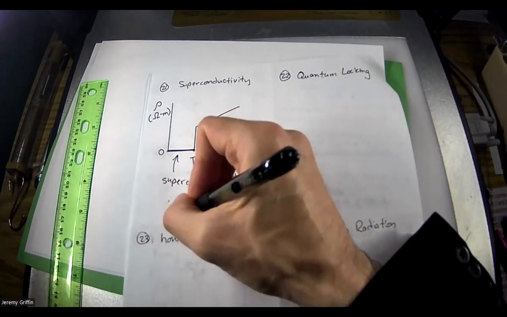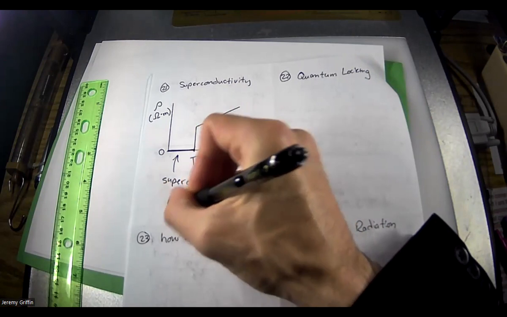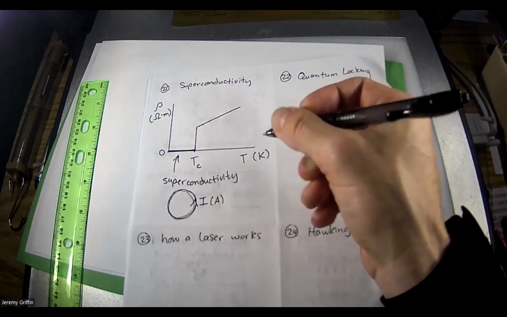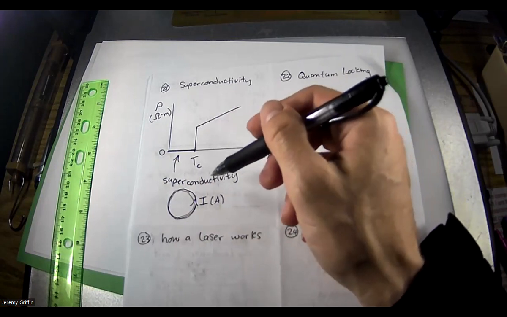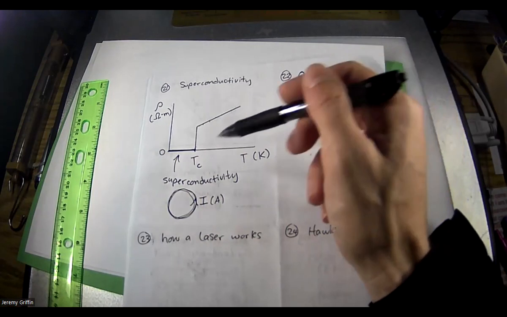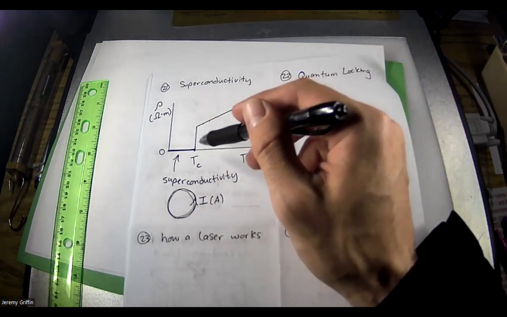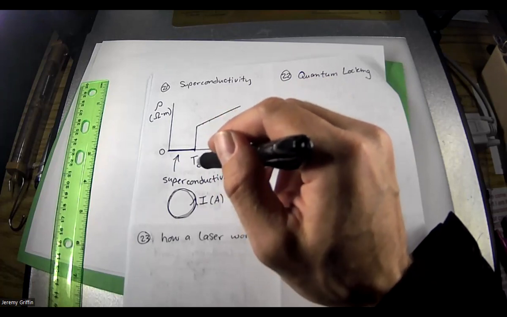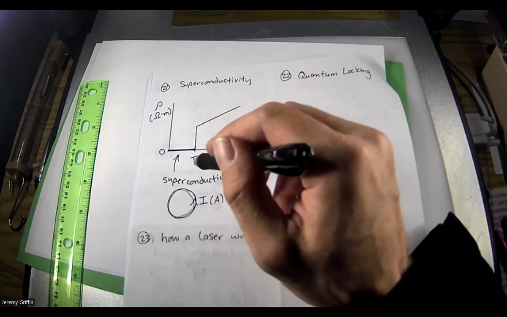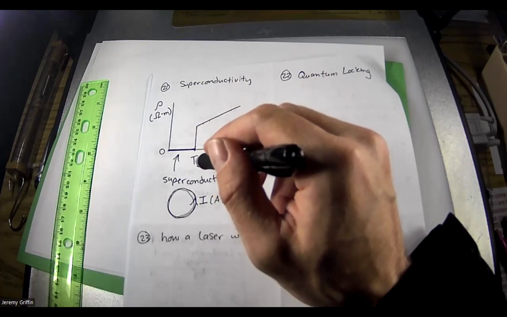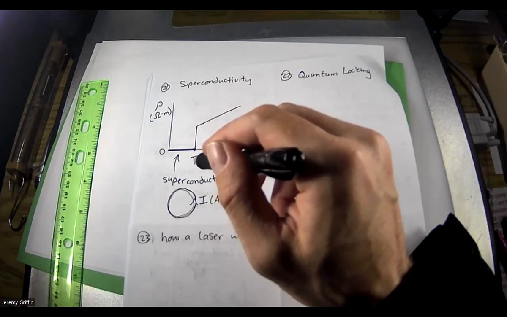You could do something like have a wire in a loop and just run a current around it. I'll call it I for current, maybe some number of amps. And it could effectively store energy like a battery. You can do that indefinitely. Right? You can do a lot of really cool things with superconductors. Now, the tricky thing with superconductors, though, is that this critical temperature is a really low temperature. What temperature are we talking about? Well, it depends on the material, so it's different for different materials. But we're talking about usually less than 100 Kelvin,